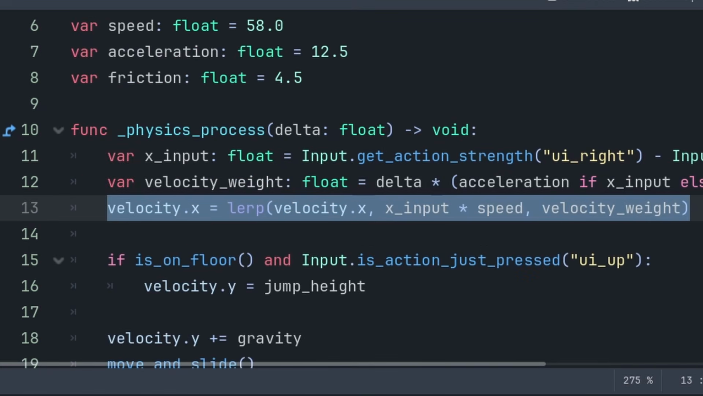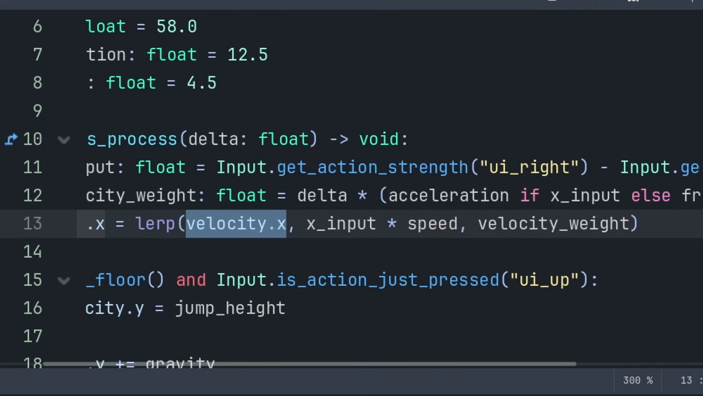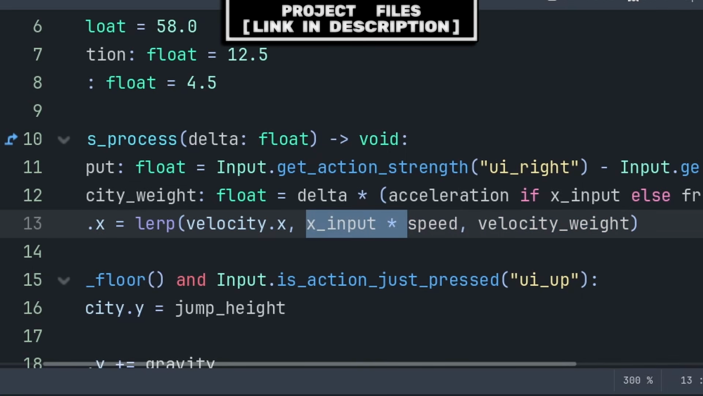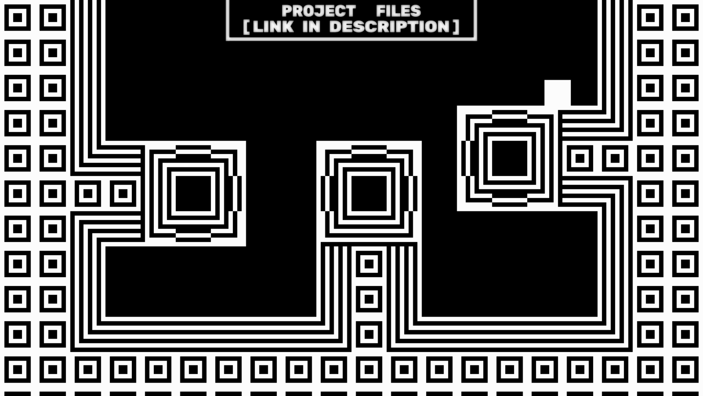For affecting velocity.x, we set it to a lerp, which moves the first value towards the second at a rate of the third, and we move towards the speed variable multiplied by x input so we get the correct horizontal direction. Now you have a simple acceleration and friction system that you can add to any of your 2D platformer games,